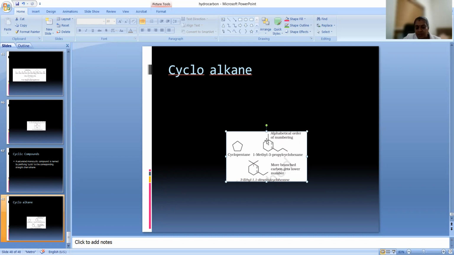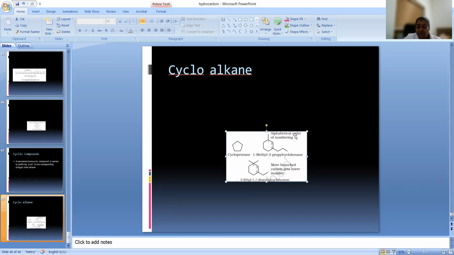Understand? Here also, if you are looking at the branch, 1, 2, 3. Third position, which branch? 1, 2, 3. A 3 carbon atom branch, so that is propyl. So one branch here, one branch here, so two branches are there. You can number like 1, 2, 3 here also. Both of these branches get the same number if you are numbering in the opposite way.